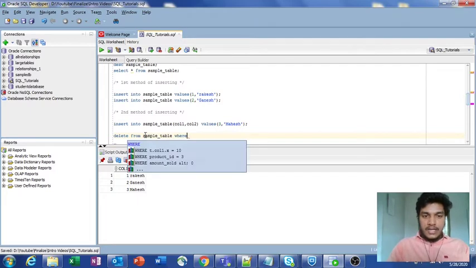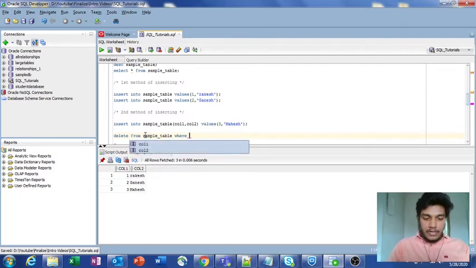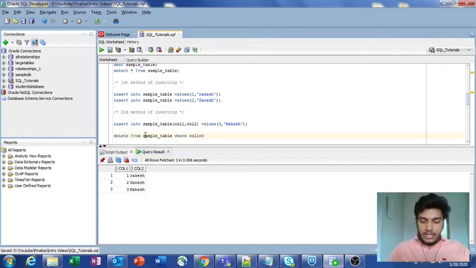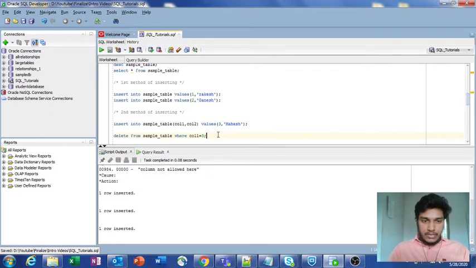We need to specify the condition, where I specify col1 equals 3. If col1 is equal to 3, then it will delete from the sample_table. Let us see how it executes. It is showing that one row is deleted.